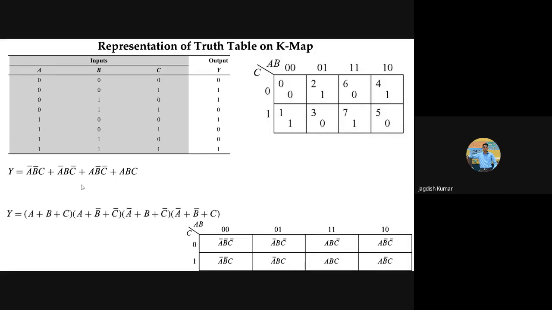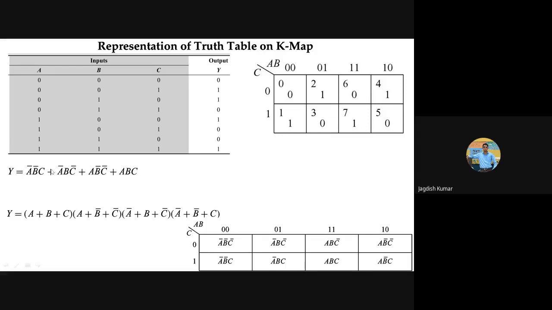The same thing we can do using max terms. So this is the max term for this. I hope you know the complementary theorem, isn't it? Is it written here? No, I have not written it. You can write it in your notebook. What is this term? A bar, B bar, C is nothing but small m1, isn't it? That is this one. Small m1 because this is at the first position.